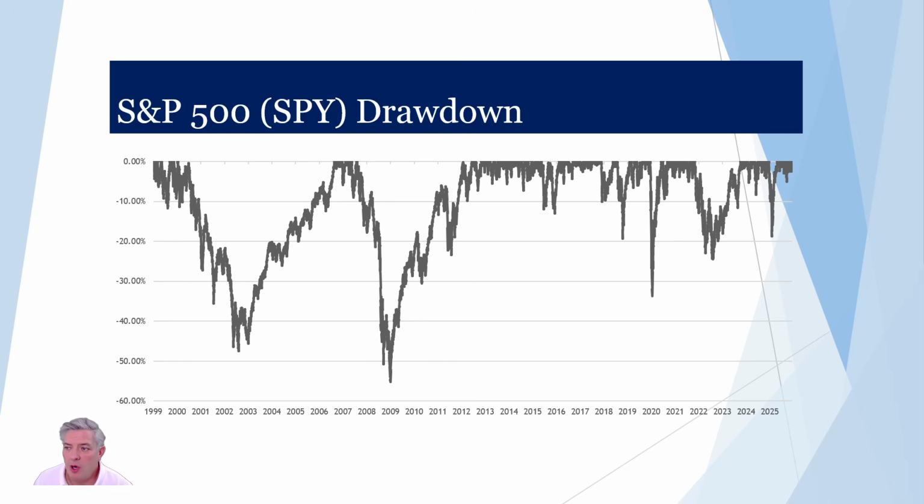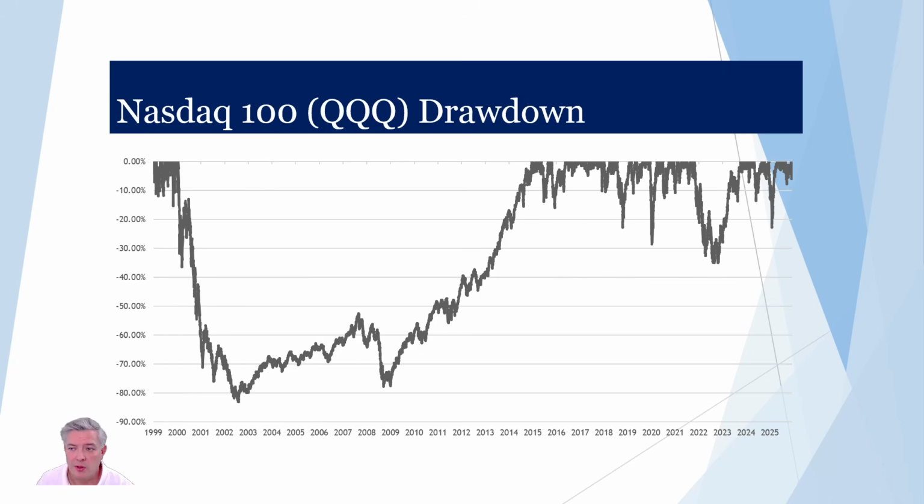Similarly, if you had bought the S&P 500, hopefully you can see my mouse here, but in 2007, you experienced a 55% drawdown and you didn't get back to even, back to the zero line here until about the year 2012 or 13. So that was about a 5 or 6 year drawdown depending on the specific dates. So that established, let's look at a couple other markets so you can get a feel for it.